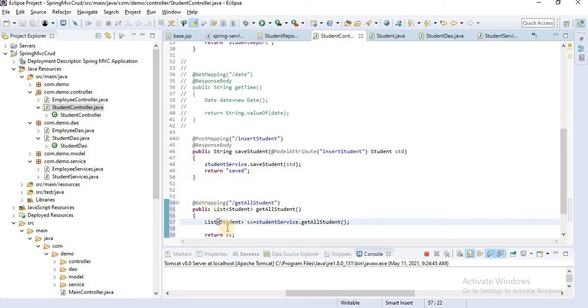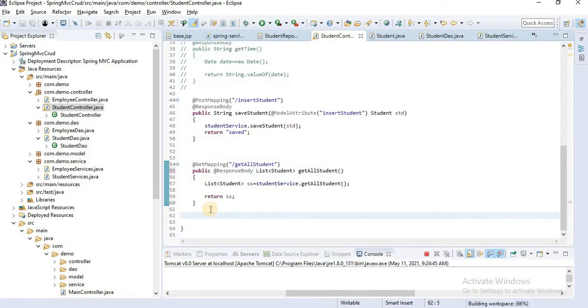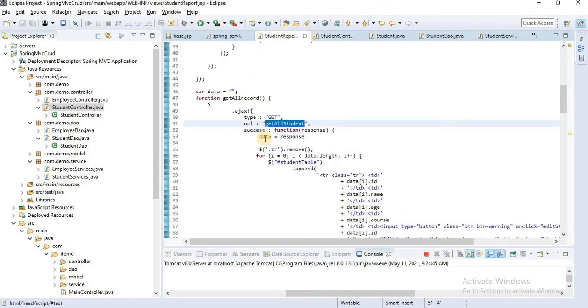Okay, now it works fine. Here also we have to define a response body, because we are returning a body, we are not returning a JSP page. At the rate ResponseBody. Let's save. Let's come to our student report page.